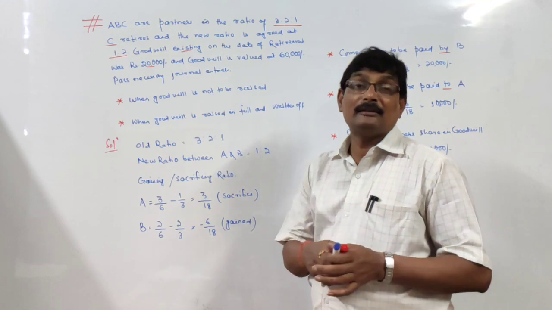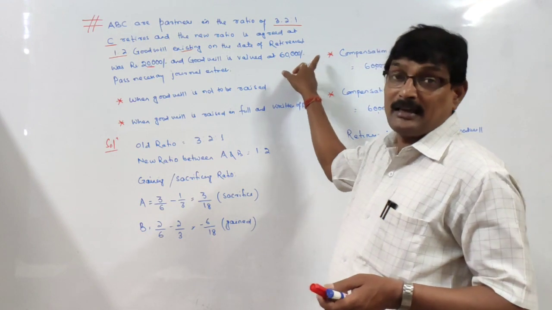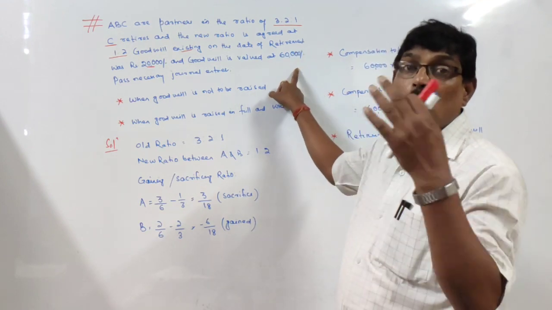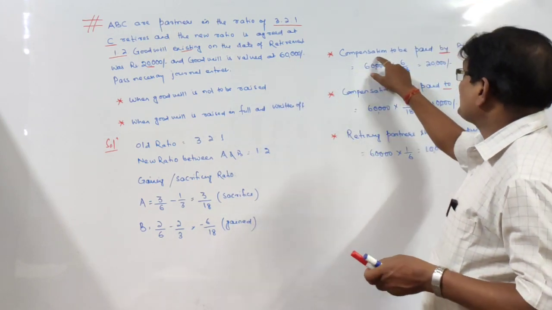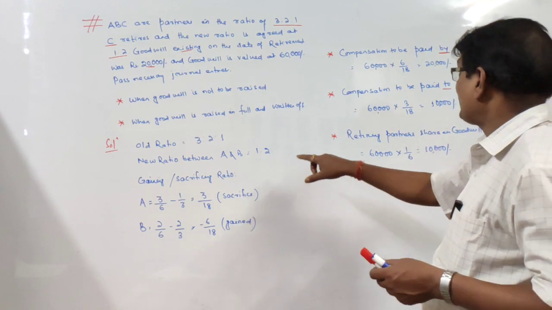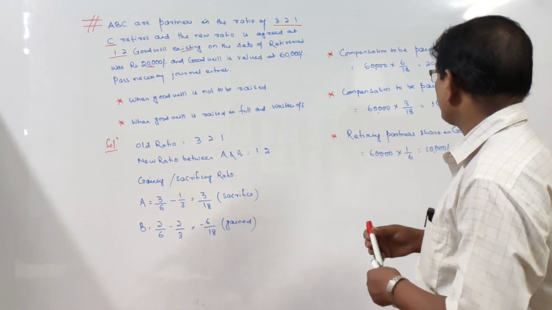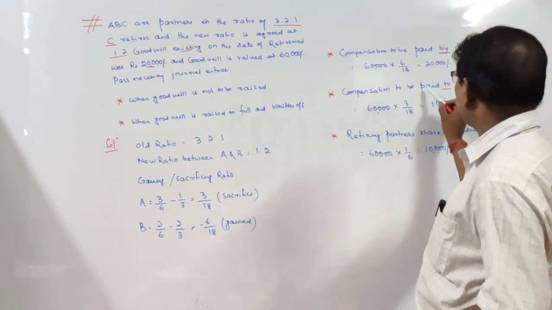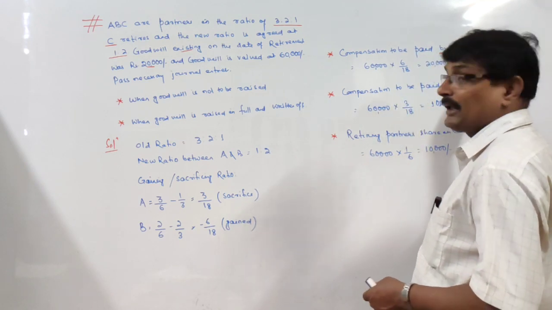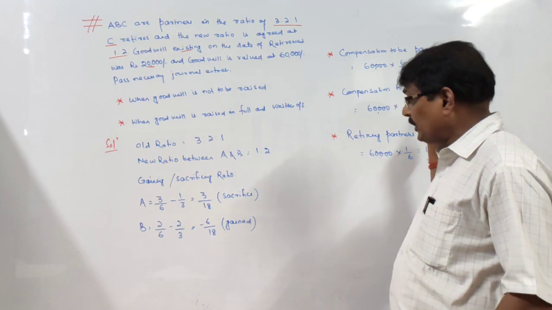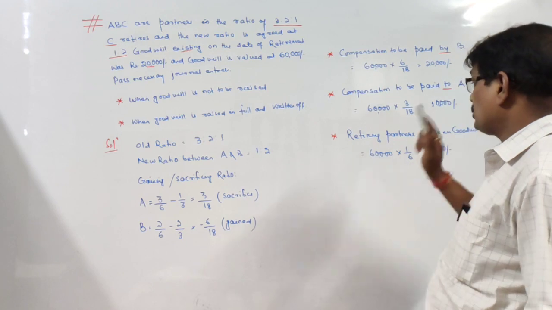Now let us calculate the respective shares. Now the goodwill is valued at 60,000. Here it is given. Either it will be directly given, or it will be provided with the information to calculate the value of goodwill. So compensation to be paid by B, because B is the gaining partner, will be 60,000 into 6/18, that is 20,000 rupees. Compensation to be paid to A, who is sacrificing 3/18, is 60,000 into 3/18, which comes to 10,000.